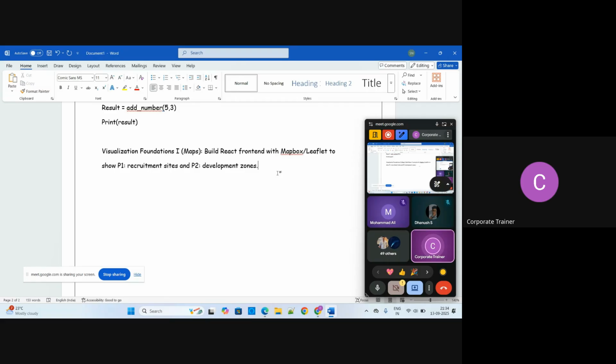I'll not complicate the things. Whenever you are working with the recruitment site, that means you have to establish a site pin, and the development zones are a shaded area of the interactive web map, so that you can easily explore and interact with the data. Next, think of the map as a paper: on the map you pin a marker.